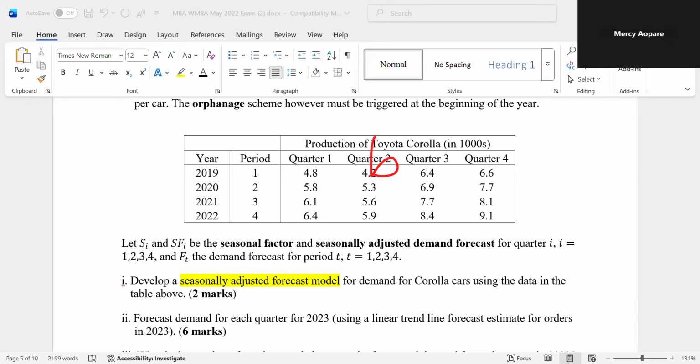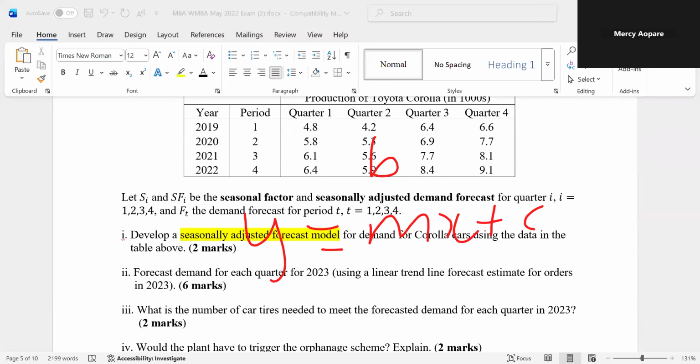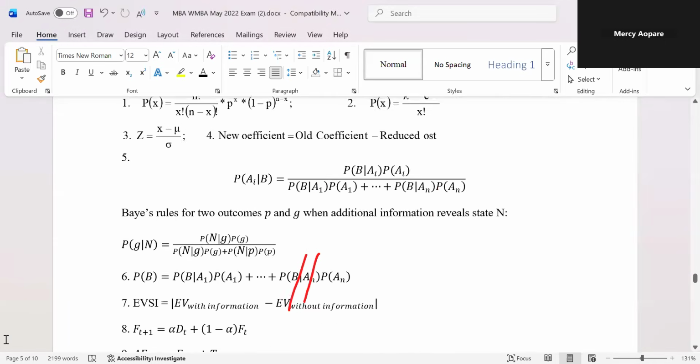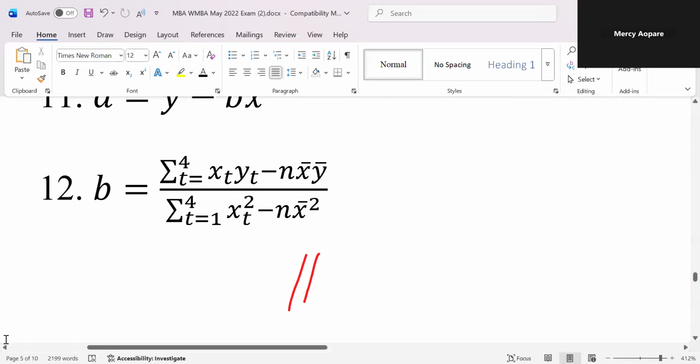Let's go down. It's a formula that is down here for the equation of a line. Do you remember y is equal to mx plus c? Yes. That m is the slope, and that is the same as the b. No, for that one I get it too, but the very long one that we found the b. Let me go down. This one. Yes. So your question is the XTYT.